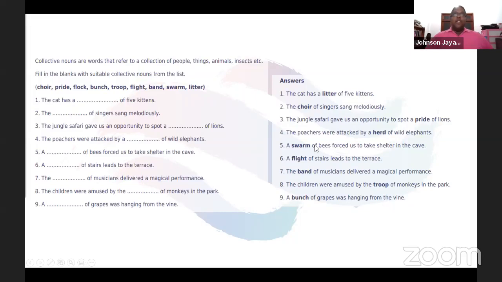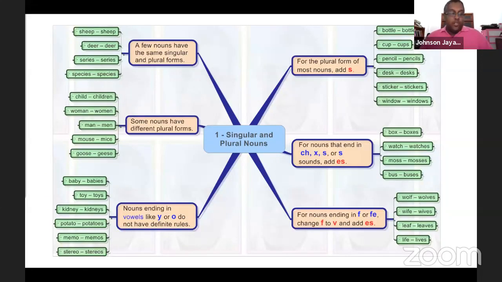So these are your collective nouns. Later on you can just go through this once I send you the PowerPoint, and then you can refer to these again. Right, so those were the types of nouns that we looked at. Now, the first grammar rule in terms of nouns is